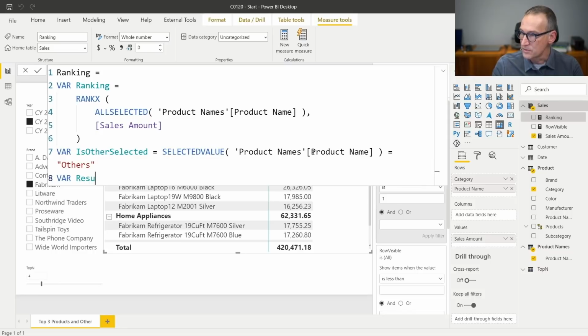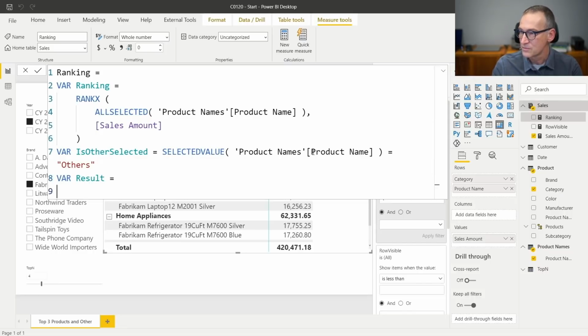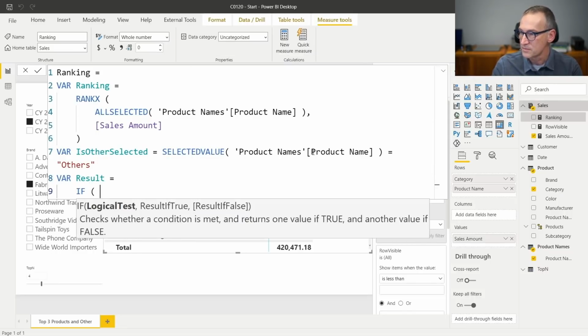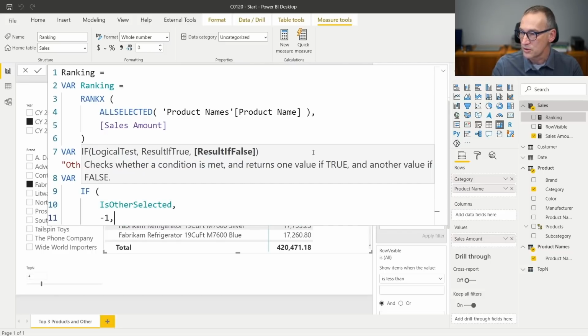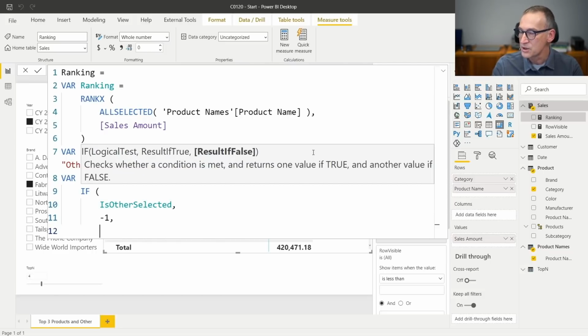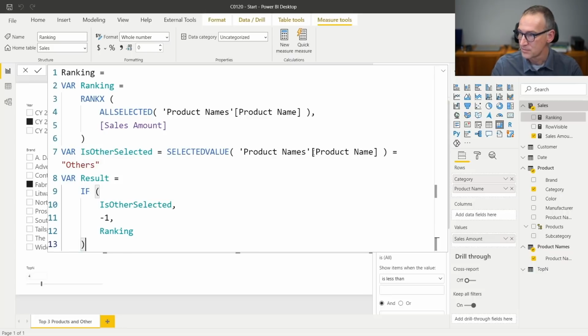And then for the result, we check if is other selected. So if the row other is the one selected, we return -1, so it will always be less than 3. Otherwise, we return the ranking.